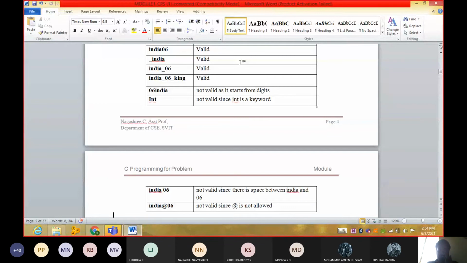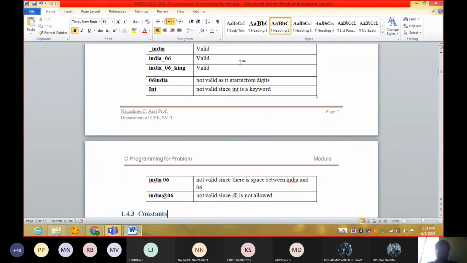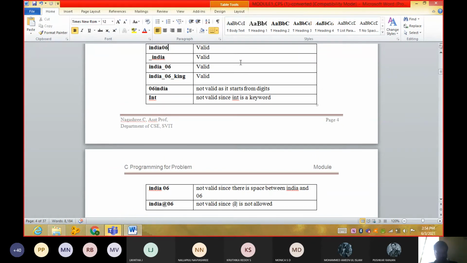He has given almost all the examples, guys, why it is valid and, if it is not valid, why it is not valid. He has given almost all the explanation. Go through this one. I'll give you 2 to 3 minutes. The rest, the next topic, we shall see in the next class.